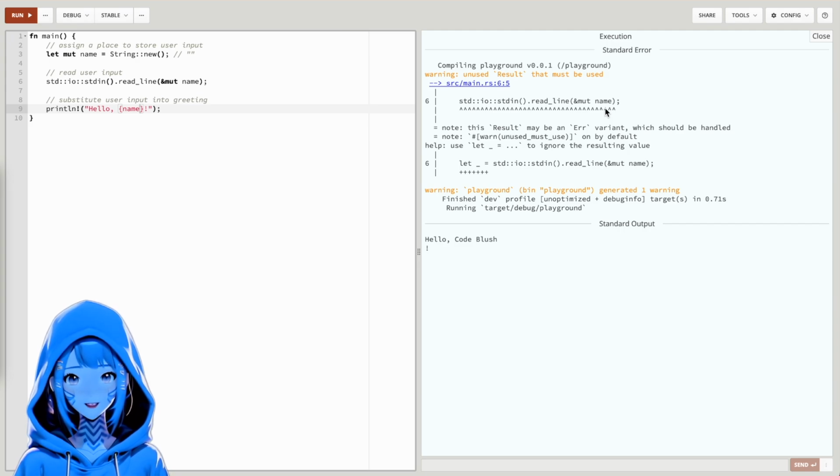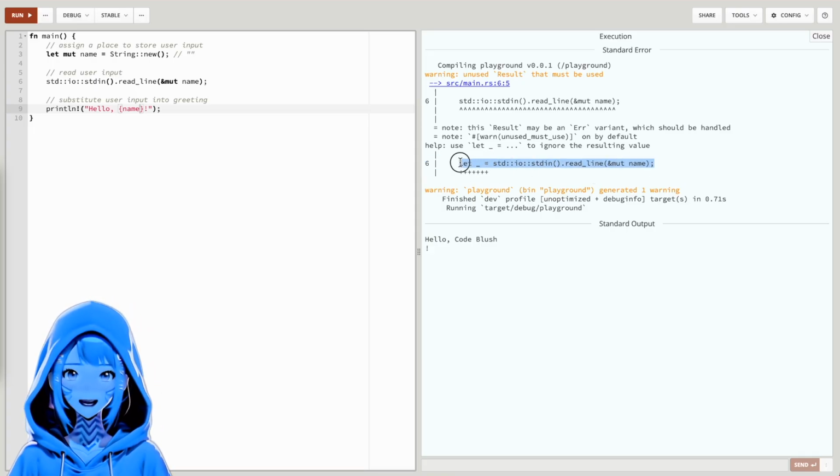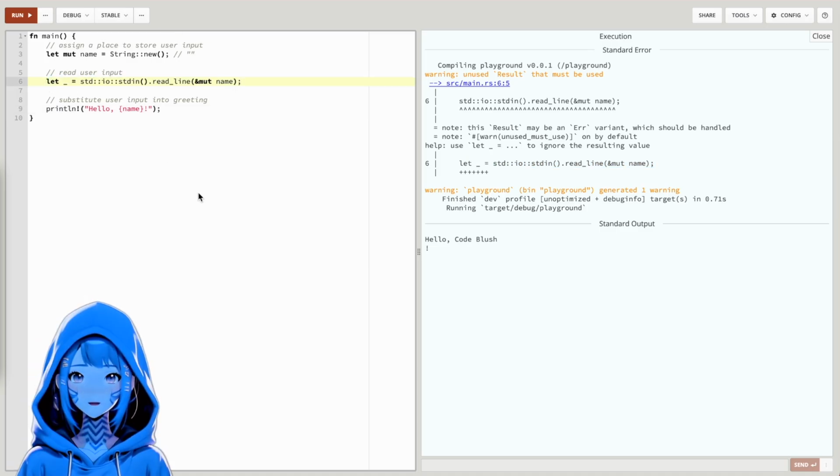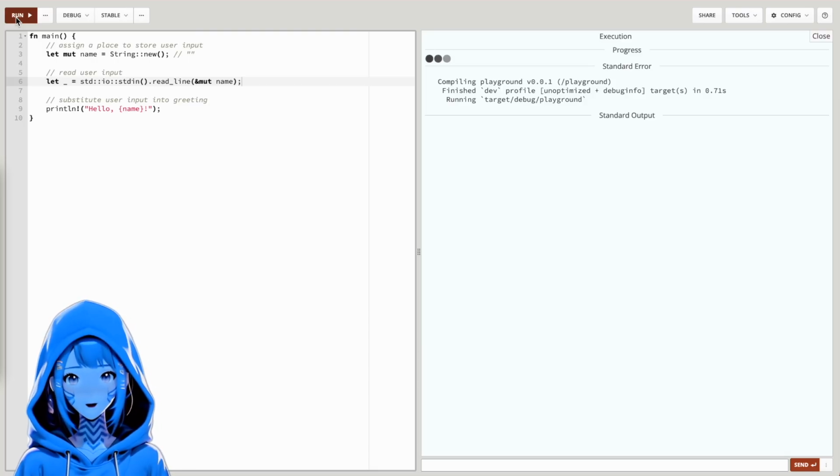Right, okay, from this line of code. And then it says, help, use let wildcard equals to ignore the resulting value. And then it gives us this line of code, so it's actually giving us the solution. Let's see if the error goes away. Nice. The error, or rather the warning, is gone.